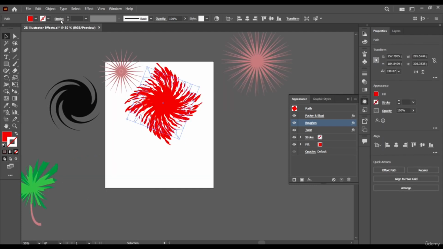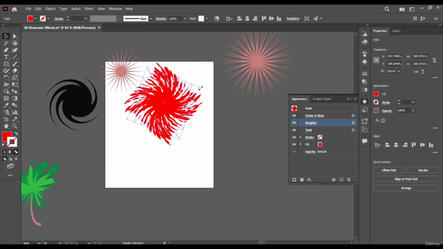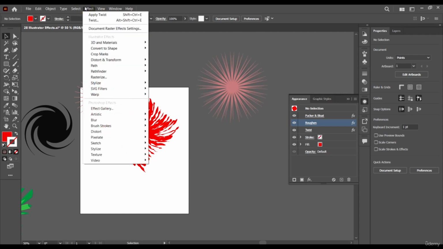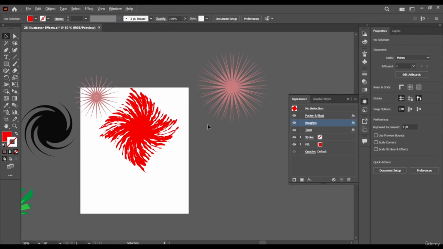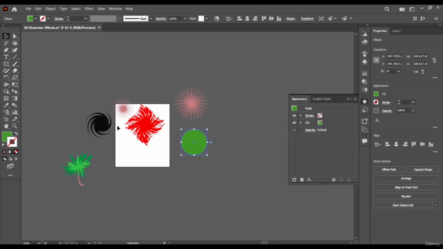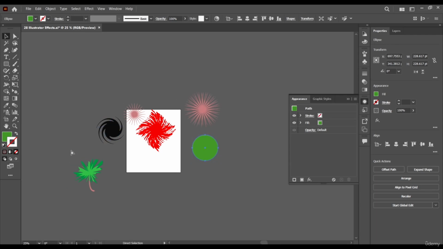So yeah, I think we've come to the end of our video on the distort effect. This might come in handy in your design. It might come in handy in one or two things you're doing, so feel free to explore more. As we go on, we're going to look at even more effects. You will get to see the stylize effects, that's these ones here. We get to see wrap effects and so on and so forth, and how we apply them to our designs. And that will be it for this lecture on the distort and transform effects. See you in the next one. Bye bye.